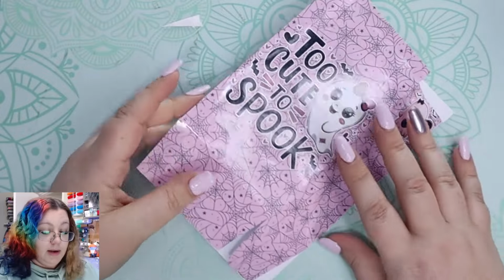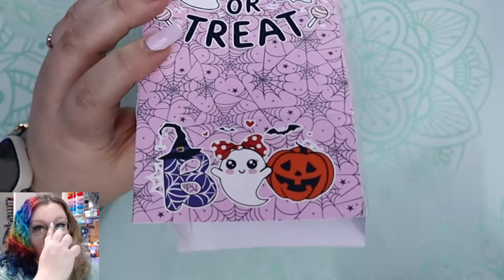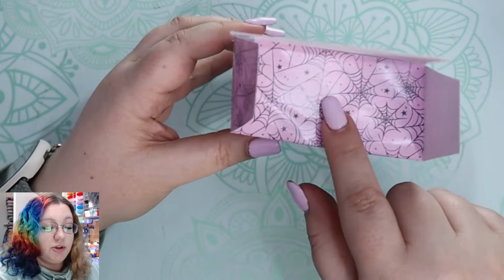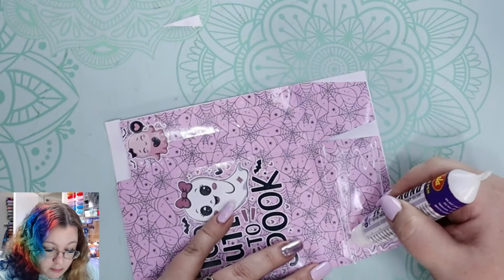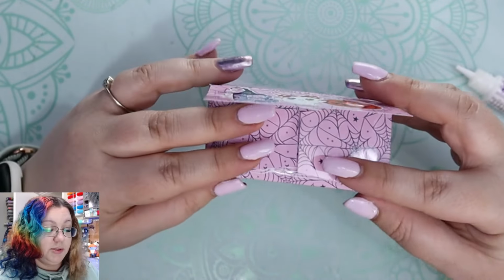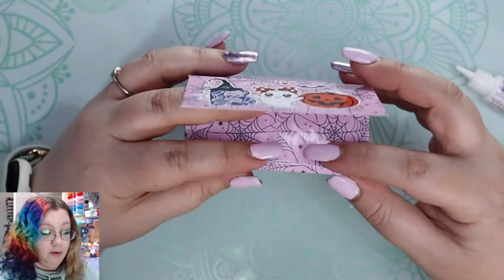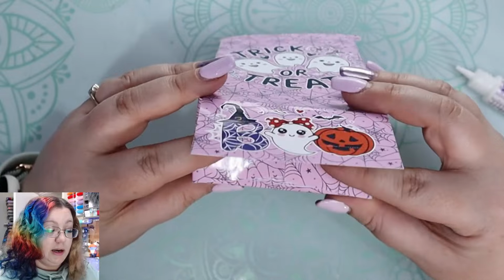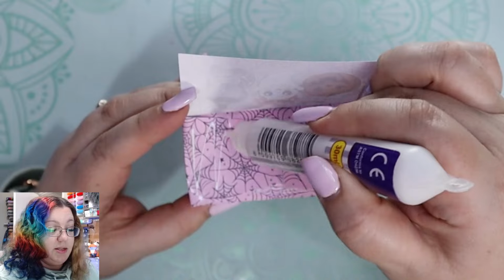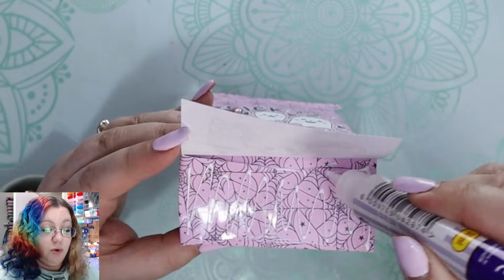Okay, next I do the base. Now this is the flap that we're going to have on top, the flap that says boo. So this is the flap that I'm going to have go down first. So that one is going to get the glue. Put that down, and then we're going to flap in those two flaps from the side, trying to keep the shape of the box so that you get everything lined up where it should be. I'm then going to add a little bit more glue to these flaps, especially in the corners,